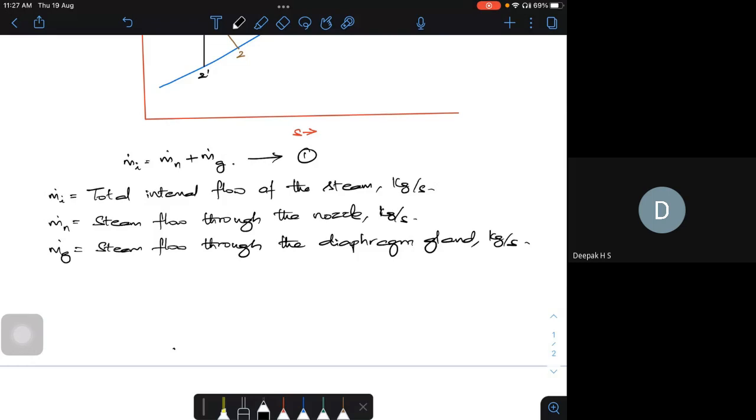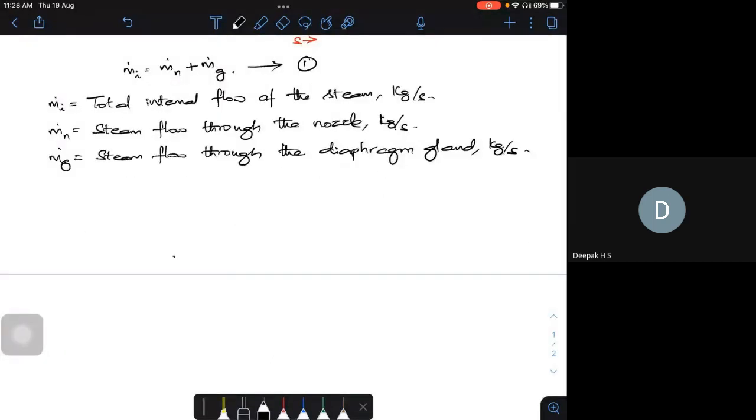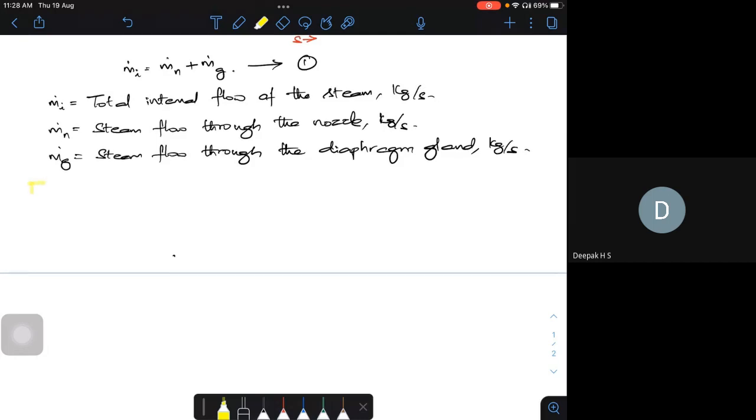So impulse turbine means it will be only with respect to the nozzle, because most of the expansion takes place in the nozzle. Now if I take an impulse reaction turbine, a part of the expansion takes place in the stator and part of the expansion takes place in the blade or the rotor. So if I add up everything and multiply by the mass flow rate, I'll get the power. Now if I consider only the pure impulse machine, or an impulse turbine,